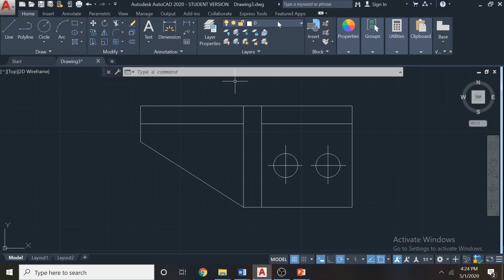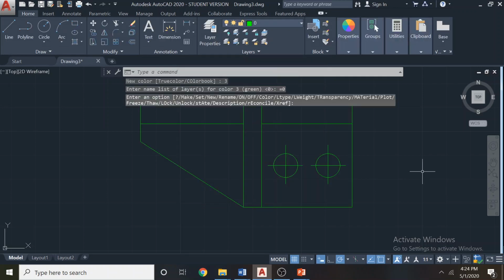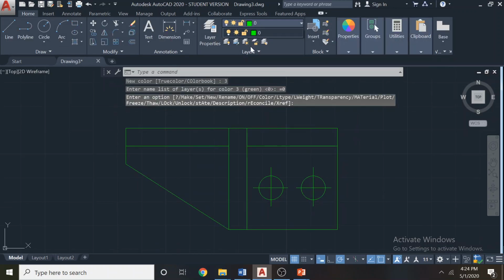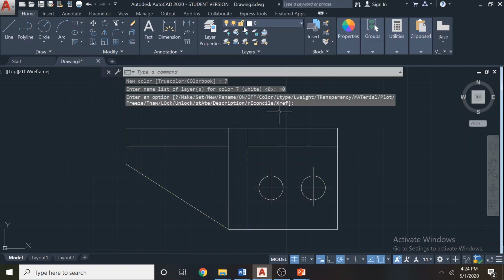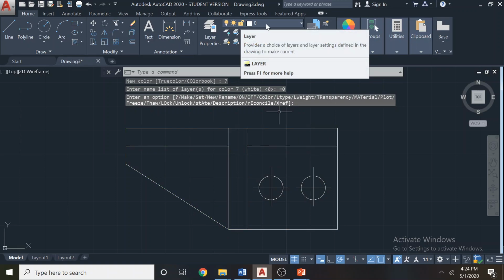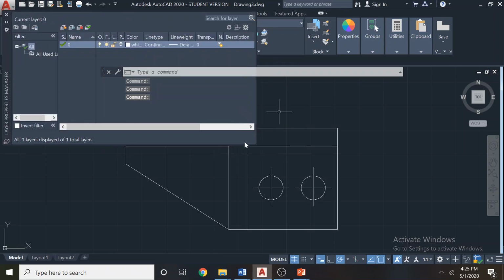Now if you look at this drawing, I haven't created any layers. I use the layer available in the software. The layer is called the zeroth layer, and the layer color is white. Since the color is white, our drawing was in white color. Now it was changed to green color. So you can quickly come here and change the colors. All these buttons are working, and we'll look at what the meanings of these buttons are. Now when you click here, you can get the full picture. Layer properties.